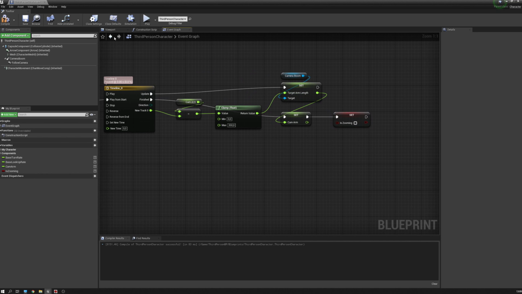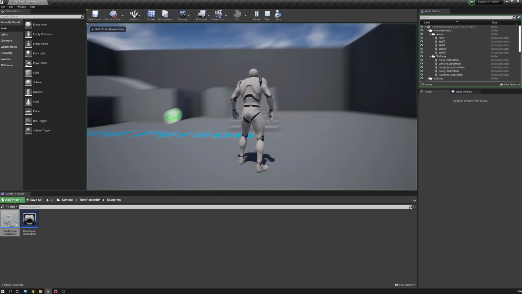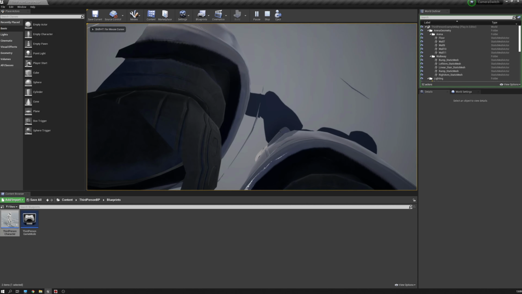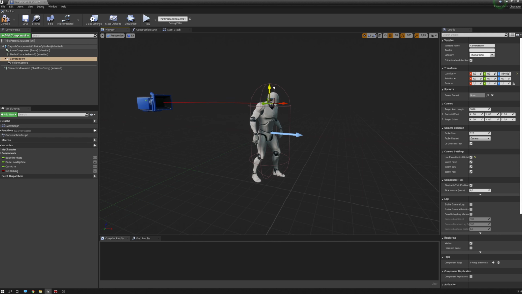Okay, and if we are going to zoom in now, you will see something strange is going to happen, because we are clipping in a mesh and we are way too close to the bottom. Okay, open our third person character up again and go to the viewport, get the camera arm boom and raise it by let's say 50,